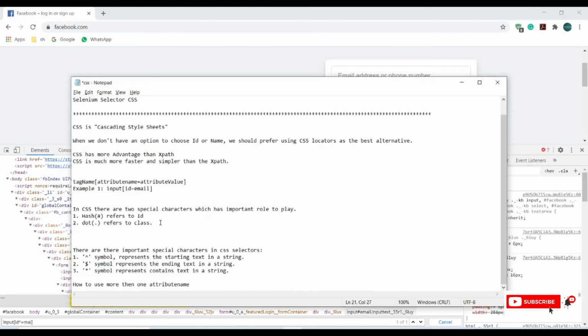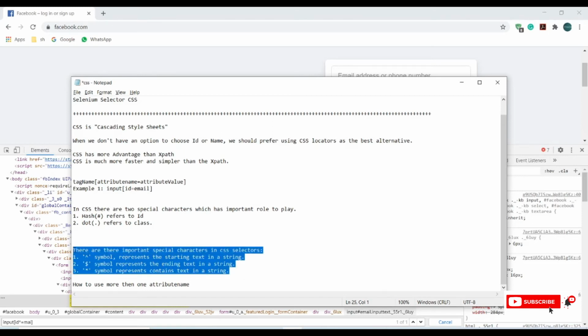And these 2, hash and dot, are the major ones when it comes to identifying ID or class, and these are the most important and very easy to find any XPath or any CSS selectors. So you can use a concatenate operator, dollar symbol, and a star. This will be very easy and simple for any beginner who wants to learn the Selenium CSS locator and become a master in the CSS selectors.